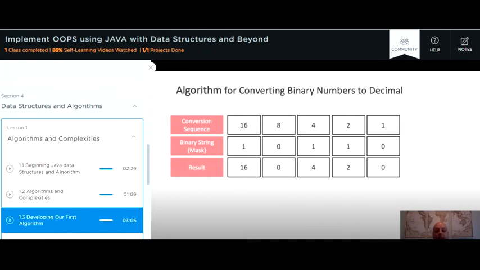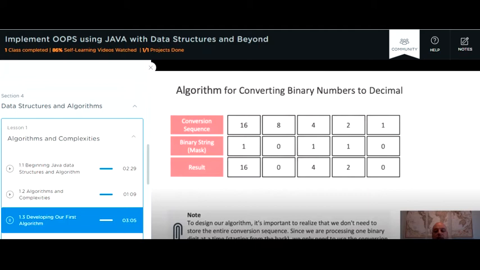After applying the mask, we just need to sum up the resulting numbers together. In this example, the resulting total is 22. This is our decimal number corresponding to the binary number 10110. As a note, to design our algorithm, it's important to realize that we don't need to store the entire